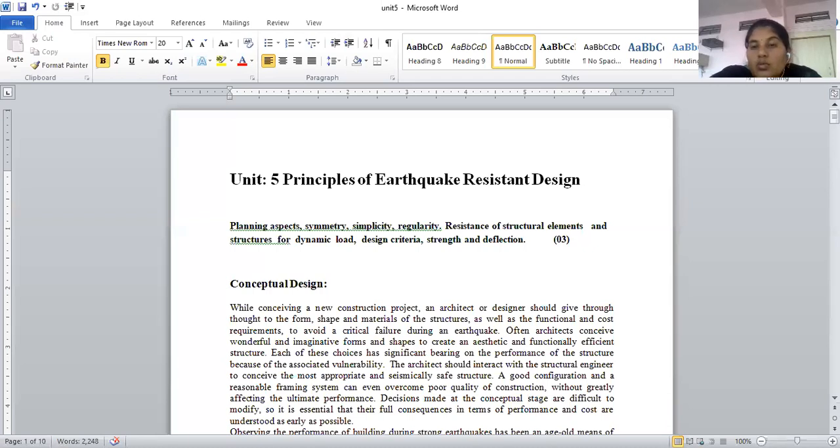Okay, when we do strengthening, by strengthening only we cannot minimize the risk during the earthquake. And for that purpose we have to study different parameters which will make the building an earthquake resistant building. For that we have to go for simplicity, symmetry, and whatever other points are important to increase the structural integrity of the building,